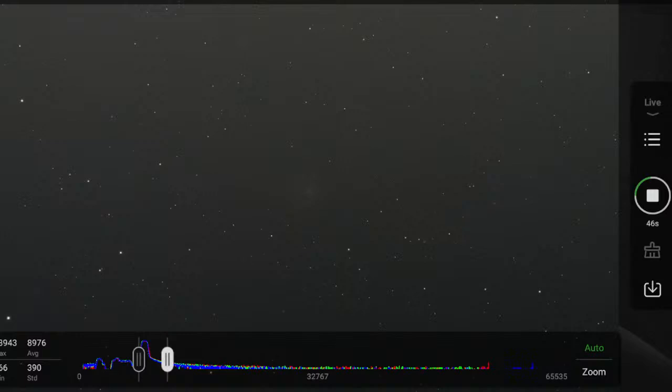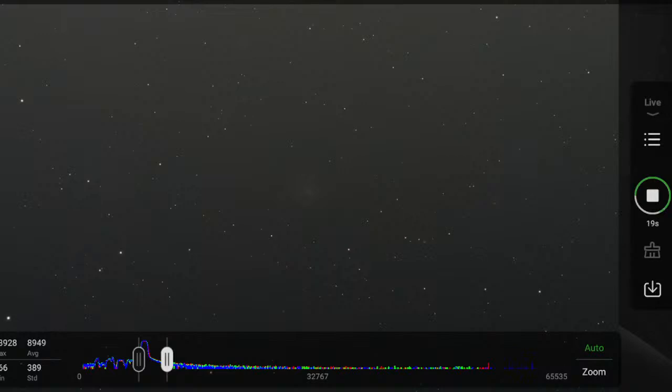Yeah, this is an image from the past. How far away is this one? I don't know. Let me look it up. It's 21 million light years away. So the light you're seeing there in the middle took 21 million years to get to us. So it takes a little while.